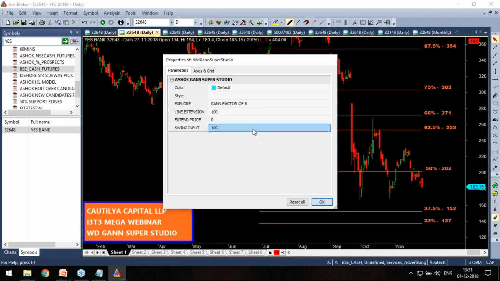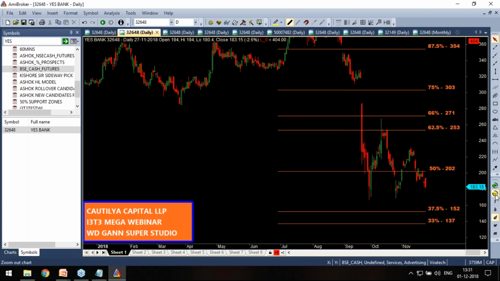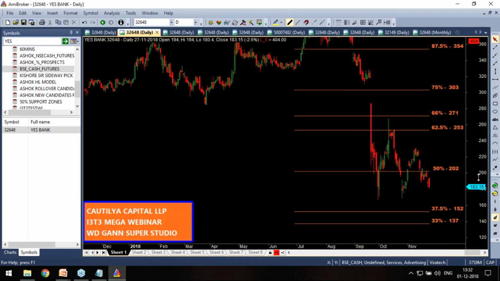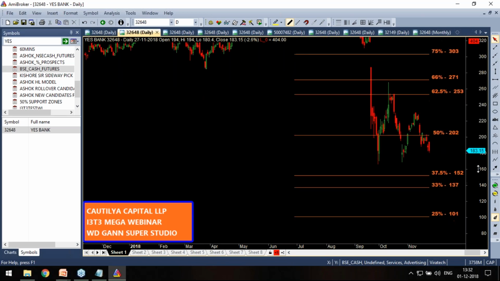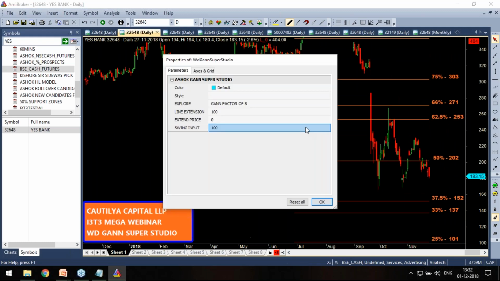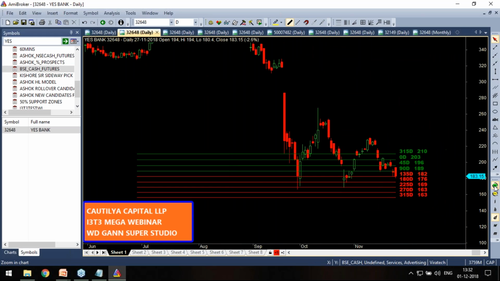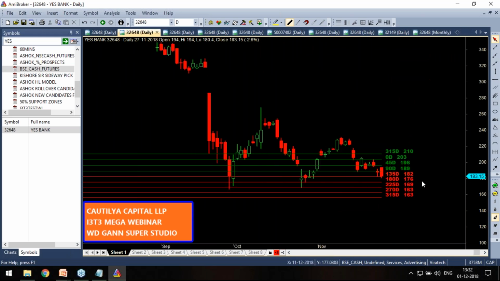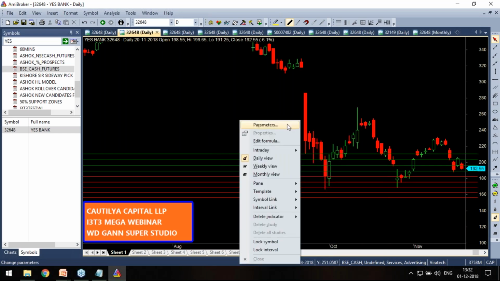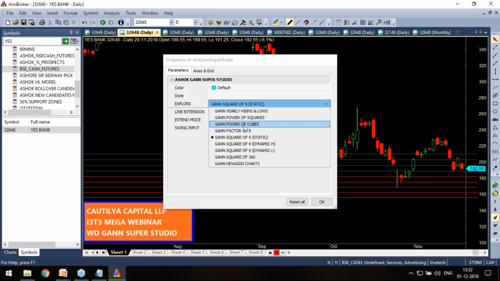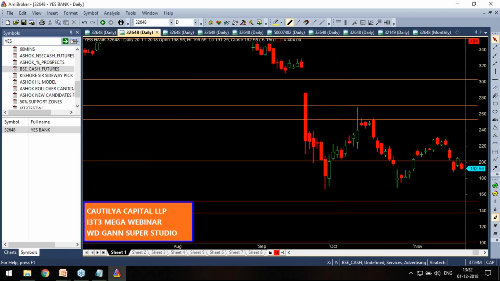Power of 8. According to GANN power of 8, 50% is 200. So it is below that. Definitely it needs a lot of strength to break it. It came down, see, but somehow it is testing in the 37% zone. It is not a candidate to go into the abyss. You all know what the abyss is, we all discussed it in the GANN story. We have to see this in a daily chart, but the power of 8 is the best way to analyze, nothing more than that.